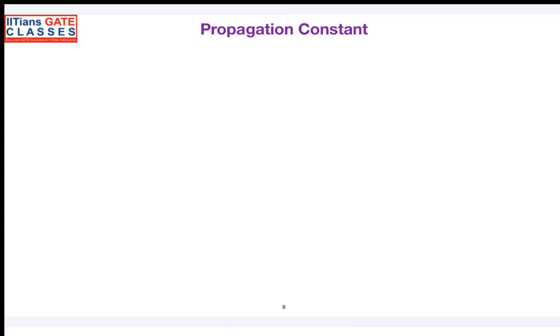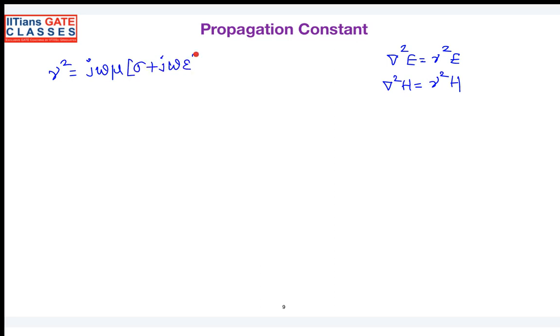Clear. Now we'll see the propagation constant. In our derivation part, when we were solving the wave equations, we came to one of the parameters there, if you remember. I told del square E is equal to gamma square E and del square H is equal to gamma square H. There I have given the value of constant gamma square is equal to j omega mu into sigma plus j omega epsilon. In our derivation we got this, you can have a look at it afterwards. So gamma is basically said to be the propagation constant. When you see the gamma propagation constant, this can be expressed as